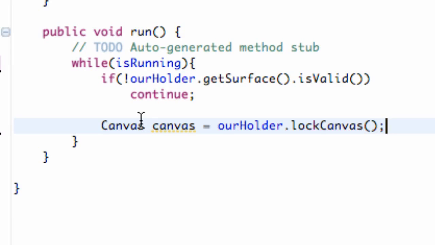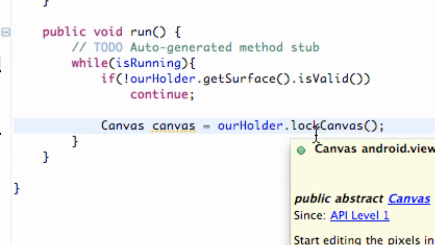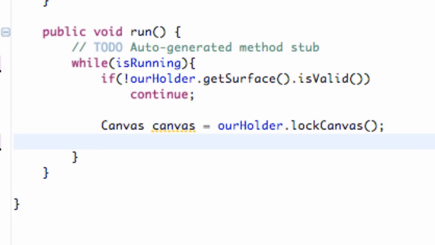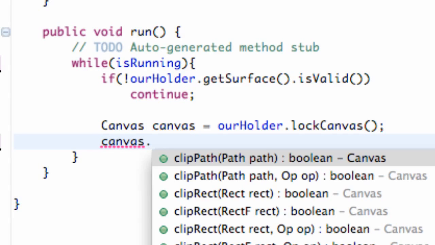So basically what's happening is we have this masterpiece, we have this great idea, and we want to paint it. So we're going to lock our door, and then we're going to paint on our canvas, and then we're going to unlock our door and show the whole world what we came up with. Basically that is what we're doing within this loop here. So we're locking the canvas so no other classes, no other activities can access this canvas. That's the point of locking it. No other threads can get to it. And once it's locked, this is where we're going to start painting on it, or drawing on it, I should say. So we're going to say canvas dot draw